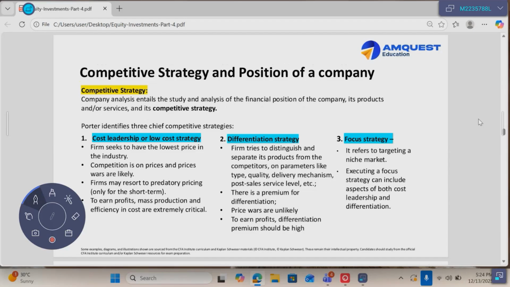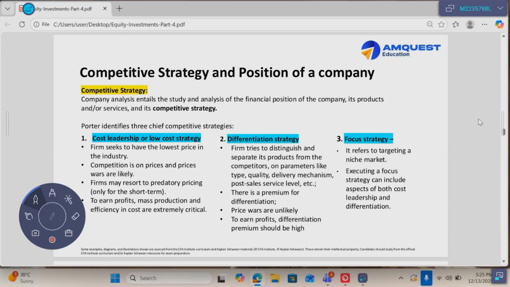Then differentiation strategy. Best example is Apple and Samsung. So Apple offers you a very different product. So a firm tries to distinguish and separate its components from the competitors on parameters like type, quality, delivery mechanism, post-sale service, etc. Now, in the automobile industry, Toyota still rules the market when it comes to safety, service, and efficiency